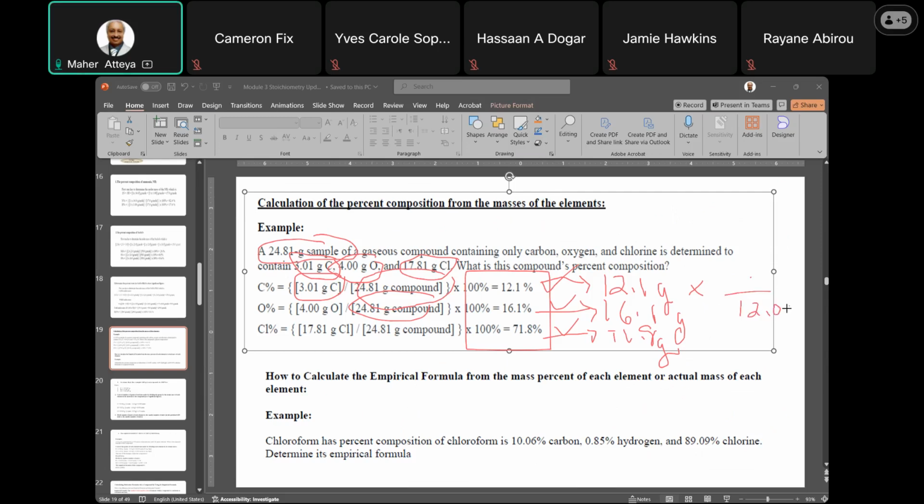0.0 gram per mole. So the grams with the grams cancel out. I get number of moles. Oxygen is 16. I divide this one by the atomic mass, 16.0 per mole. We get moles. And here I have to divide. The chlorine atomic mass is 35.5